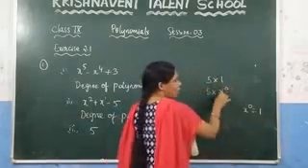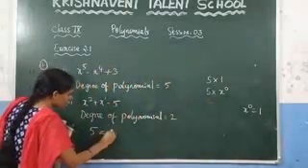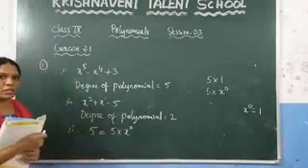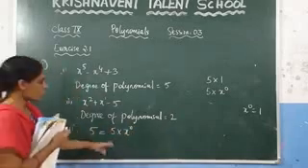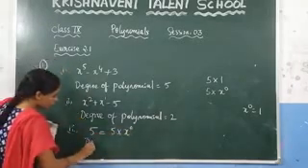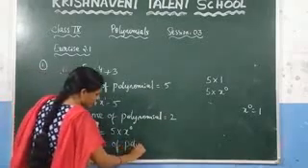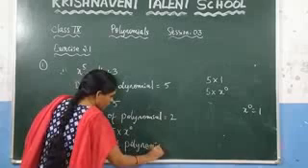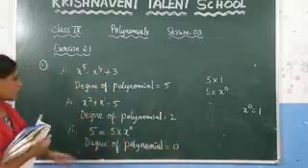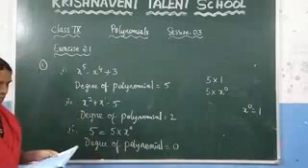In place of 1, we have written x power 0. So how can you write this one? You can write this one as 5 into x power 0. Now you got the variable. Now you can check the degree of the polynomial. So what is the degree of the polynomial, which is nothing but 0? So write it here. The degree of the polynomial is 0. If the degree of the polynomial is 0, what we call that polynomial is the constant polynomial. That one we already discussed in the previous class.